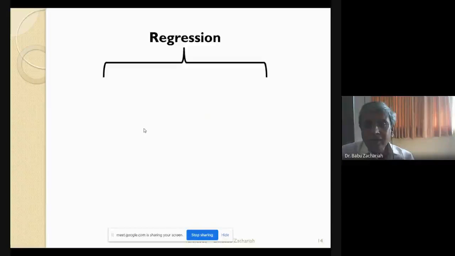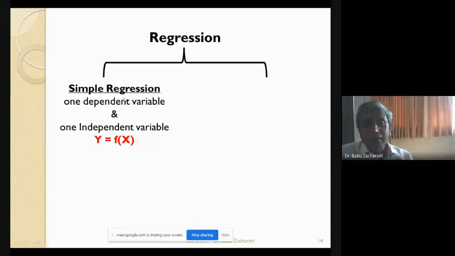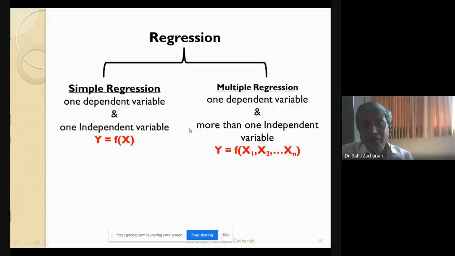And regression again, there is simple regression where y is a function of a single variable. Multiple regression where y is a function of n number of variables. So here one dependent variable, one independent variable. Here one dependent variable, n independent variables. So this is called multiple regression. The question that is asked, this multiple regression. And we have learned single regression further. We said